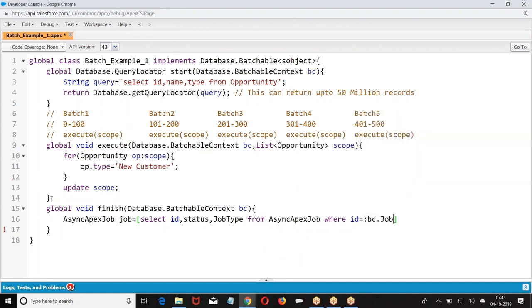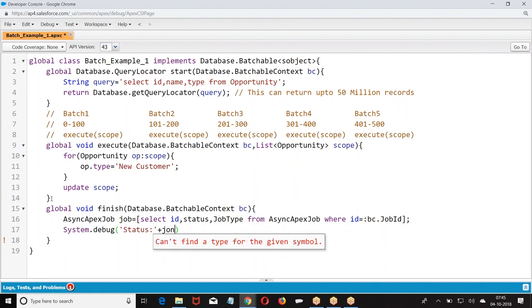Then I want to print some status. I just want to find out the status, whether it's success or not.